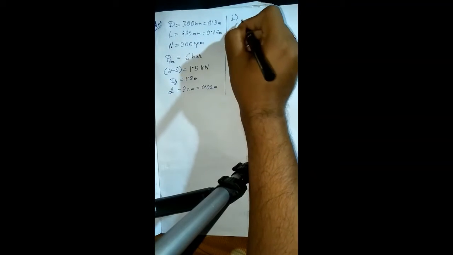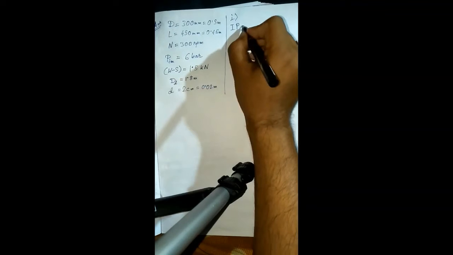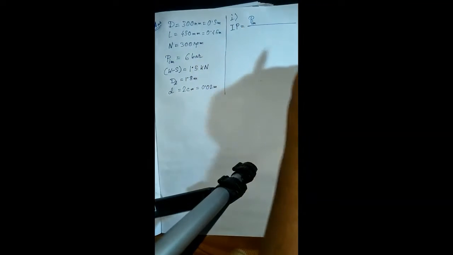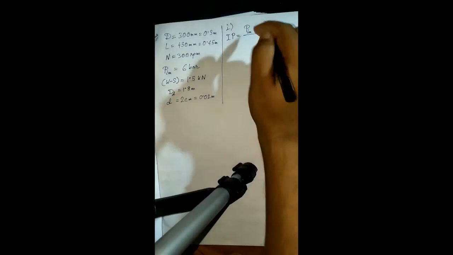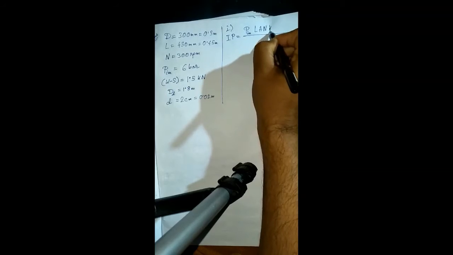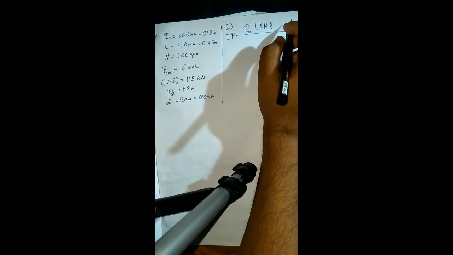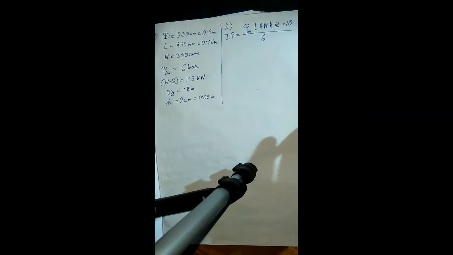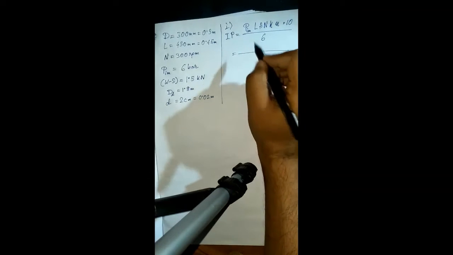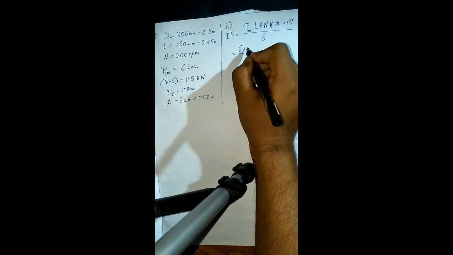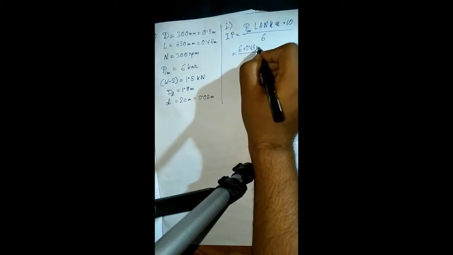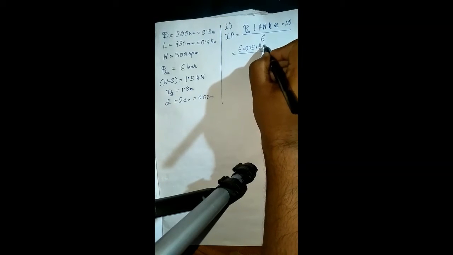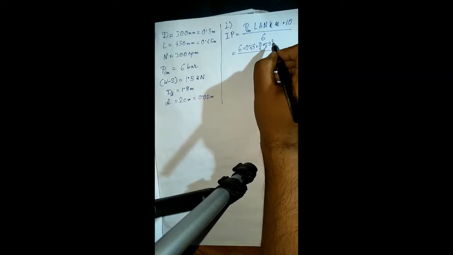Okay, so to find out the indicated power, number 1, indicated power. The formula is indicated mean effective pressure into L into A into small n into 10 by 6. So indicated mean effective pressure is 6, L is 0.45, A is pi by 4 d square, d means 0.3, 0.3 square, capital N is 300,